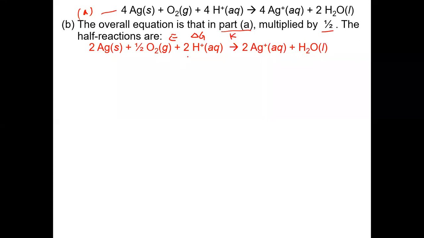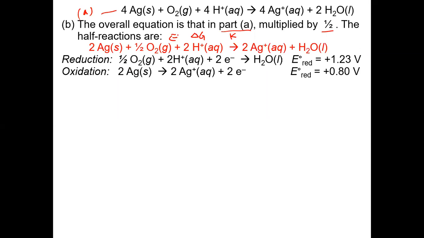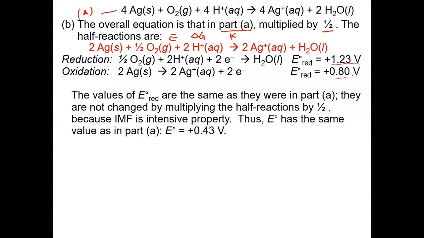Once you know that, you want to start by calculating E. So you identify what is the reduction and what is the oxidation, and you take the number for the reduction minus the number for the oxidation. So you still get the same number as we noticed in part A. No matter whether you use 2 or 4 in part A, you will use the same number because this guy,